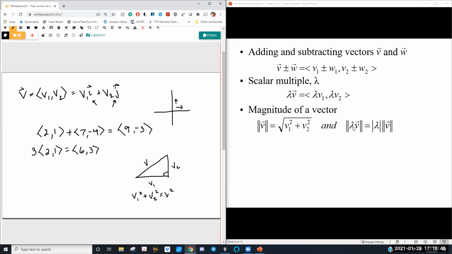All right. And this part says if you have a scalar times your vector, when you're taking the magnitude, you can just take the absolute value of your scalar. Because we're squaring and taking the square root, that'll turn any scalar from negative to positive, hence the absolute value, and then just take the magnitude of v. So if I were trying to find the magnitude of this vector, well, it's the absolute value of 3 times the magnitude of this vector. All right, that's all these notes are saying.